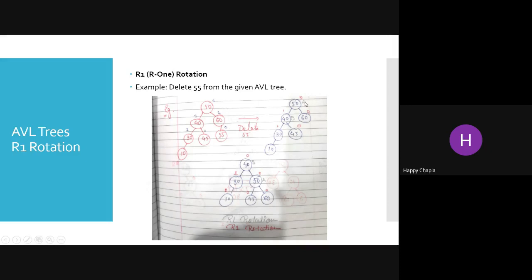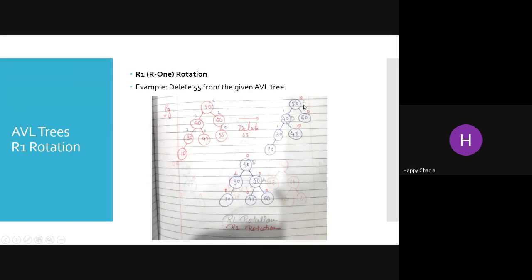Now this is my A node, this is my B node, and B node contains the balance factor as 1. So we need to give the R1 rotation of the AVL tree. So if we are trying to give the R1, B will become the root node. A is always the right of my B, correct? So whatever the other elements are present in the left hand side of B are as they are, right? But what about this 45? Now whatever the elements present in B's right, it's always going to be inserted into the A of left. So A of left is 45.